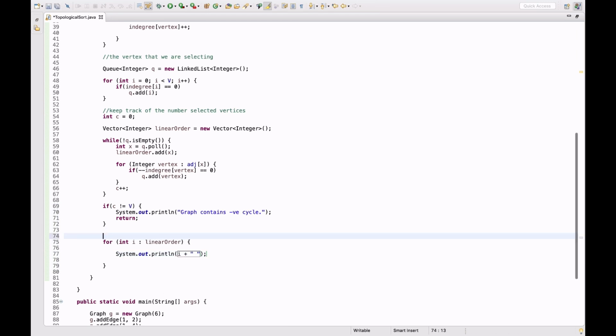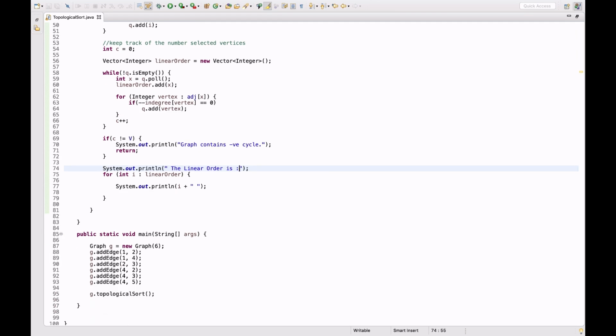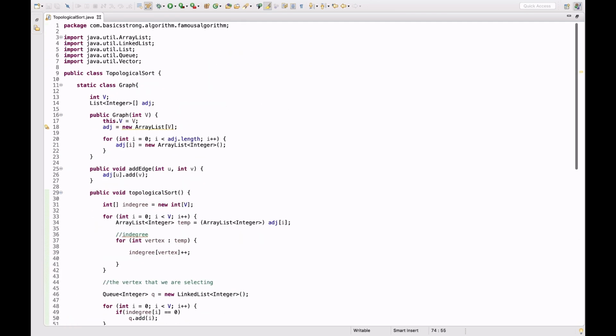So this is the complete implementation. Let's print the linear order as this. So this is complete. Now let's run this and see the order,